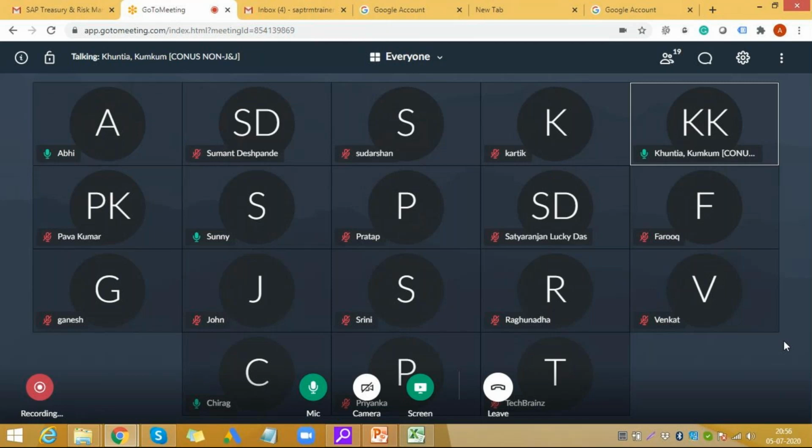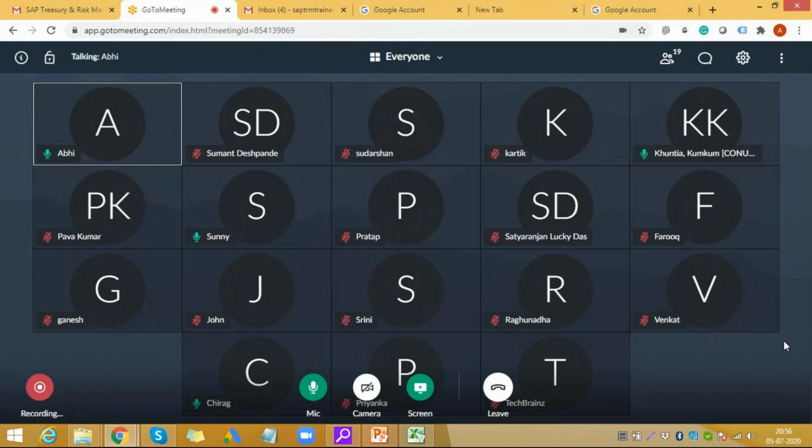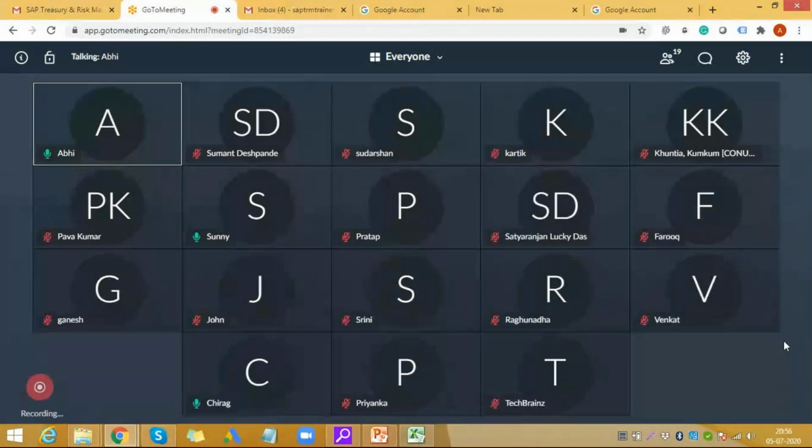Now there can be various examples for MySys also. For a term deposit also you might need a MySys confirmation with the counterparty. You are creating a deal with the counterparty, but you need to know whether the details are exactly correct with the counterparty or not. So there are middlewares that can act as a confirmation center.